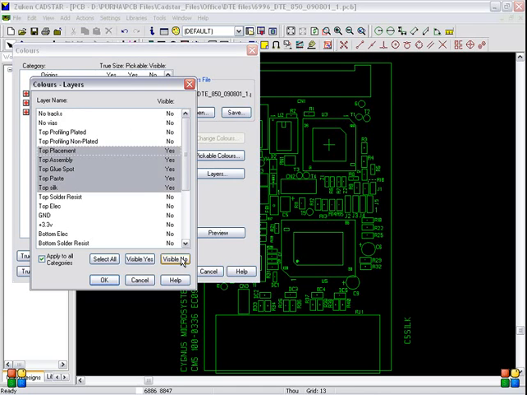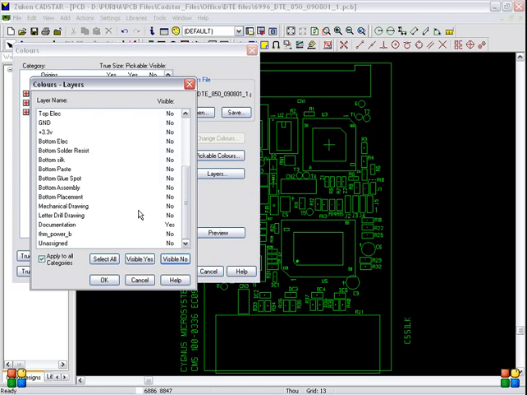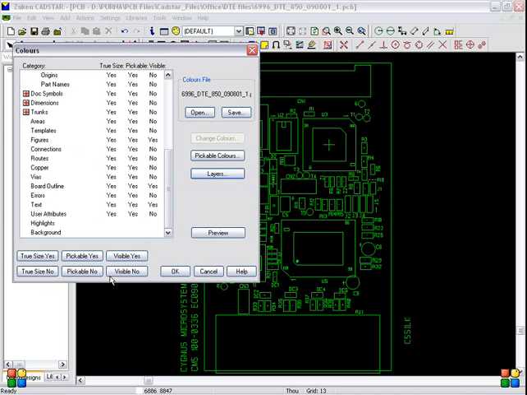Now you have to deselect this, meaning invisible. You have to click this and come down. You have to select another set of file layers, bottom silk to bottom placement. Now you can click the option visible as. Don't touch the documentation thing. It has to be visible. Now click OK, preview,